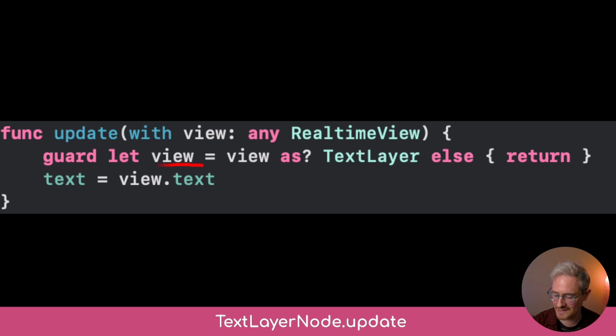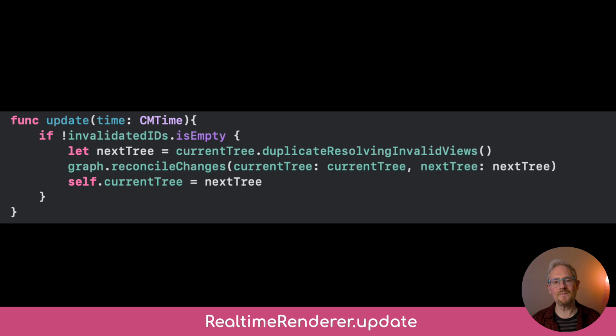So in the text one, it just checks that it's the right kind of node, and if it's not, then it just gives up. So I don't love that. I tried to figure it out this morning and spent another hour on it, but I couldn't quite figure it out. But we'll get there. Maybe someone out there can help. But yeah, back to